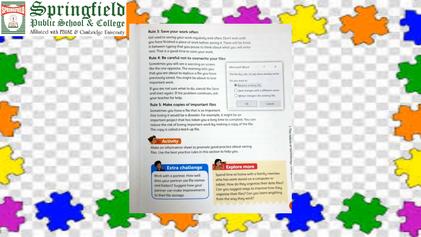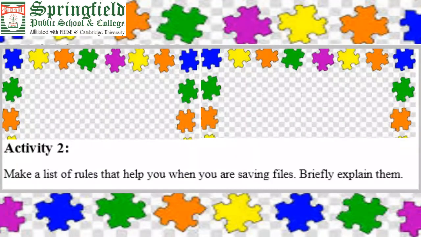First you have to make a copy of the important data with another name. If something happens to your computer, you can easily recover the data from the other drives, from other storage material. This copy is called a backup file. This copy which we are making with another name but with the same material is called a backup file. In the field we make lots of backups to keep us on the safer side.